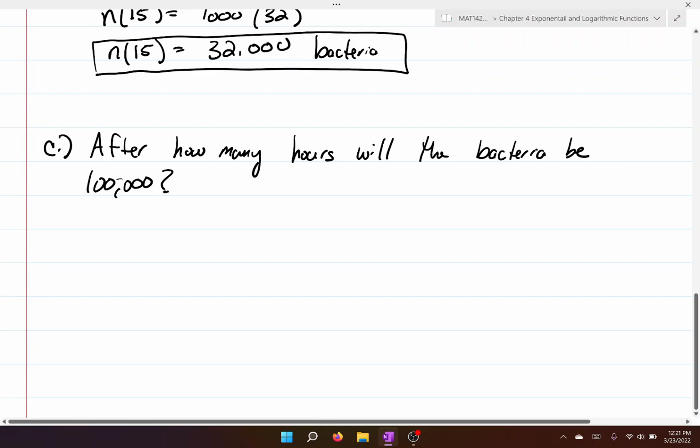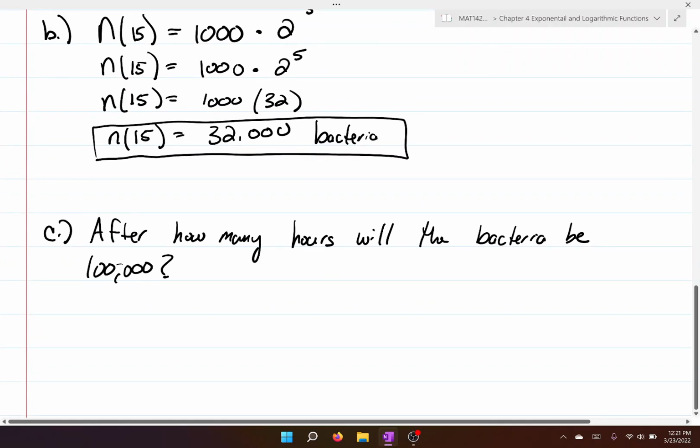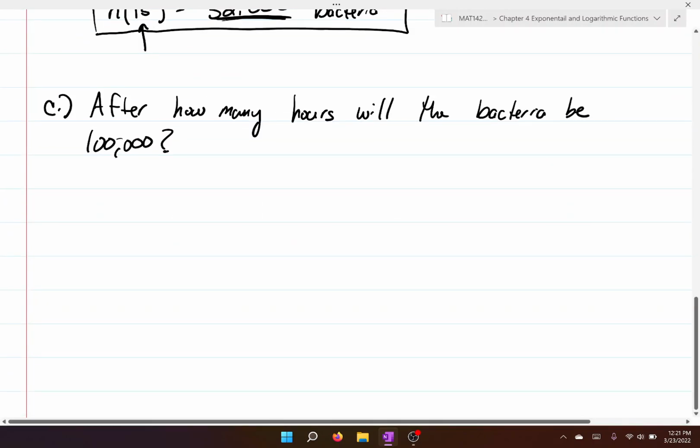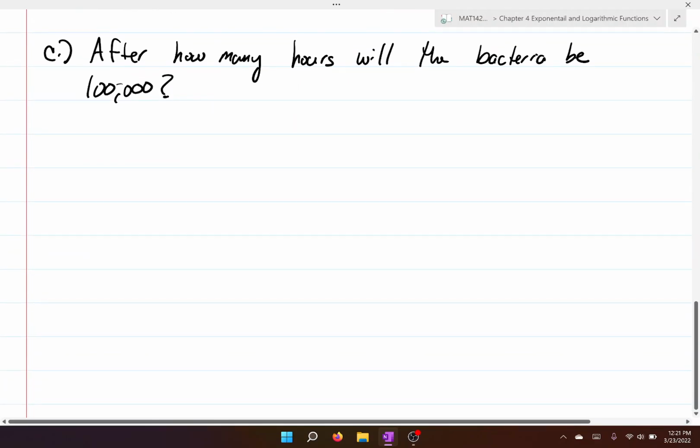Now, common sense tells us when we compare part B to part C, it took 15 hours for the bacteria to get to 32,000. So we know our answer has to be larger than 15, okay? So what we're going to do here is this. We're going to rewrite our model,